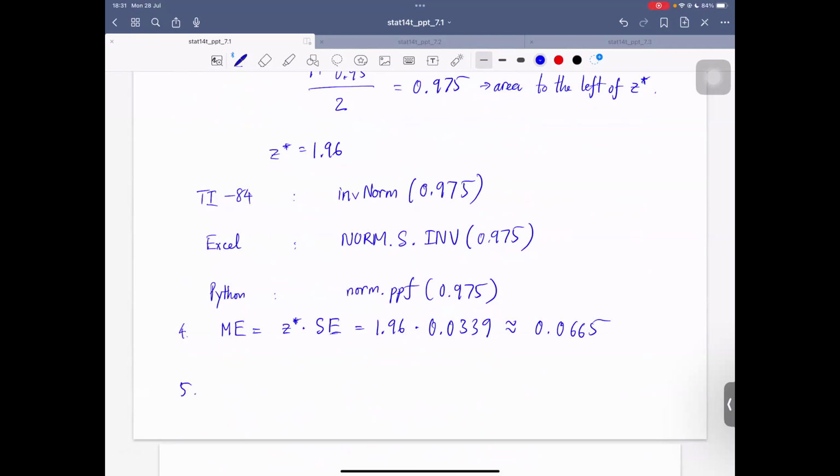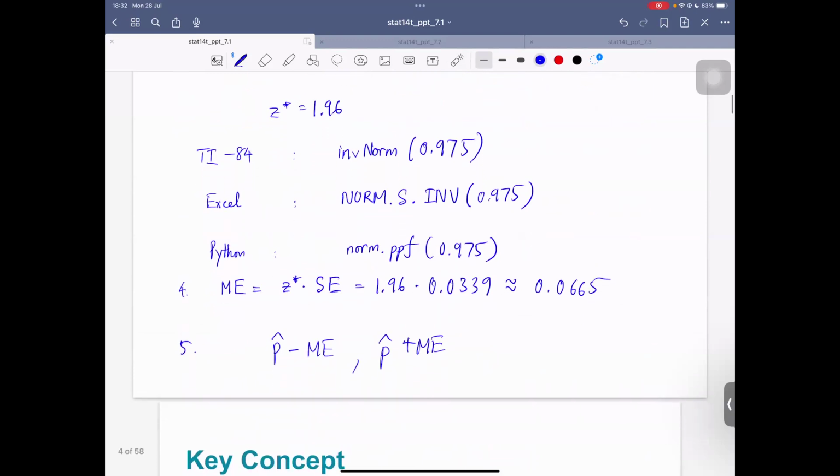And then the last step, construct the confidence interval. So the confidence interval is p-hat minus ME to p-hat plus ME. Then you can find the confidence interval, and this one is going to be 58.35% to